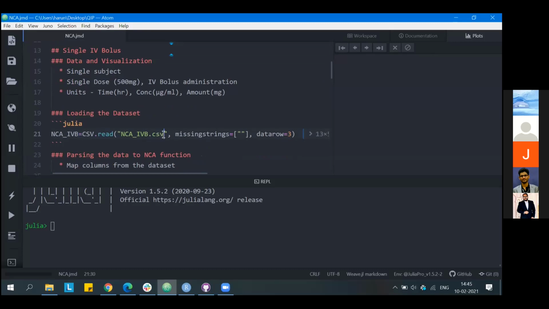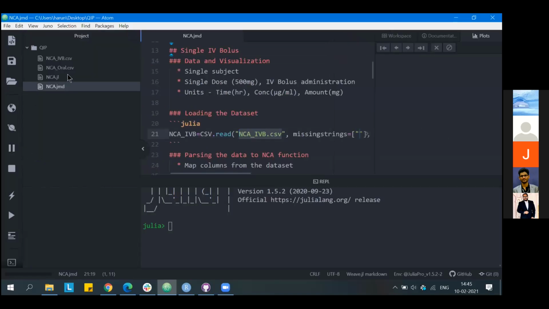This stands for the file path of my data set. Since I have my data set and everything within a single folder, I have given only the name of the file.